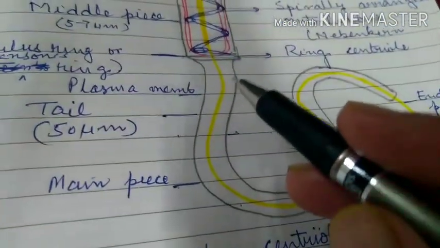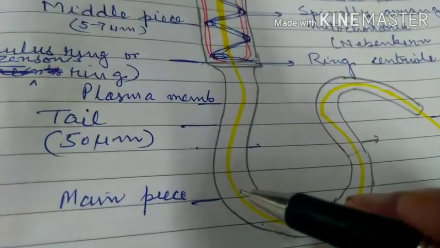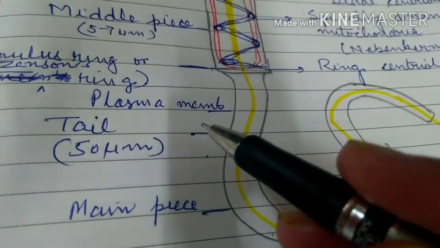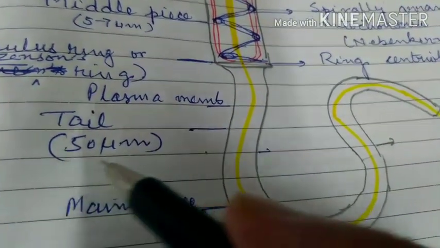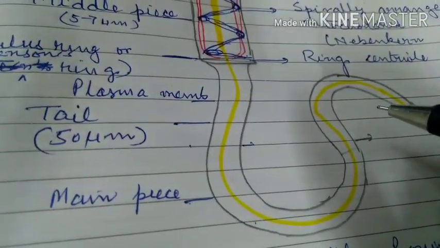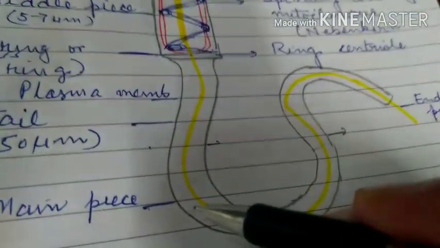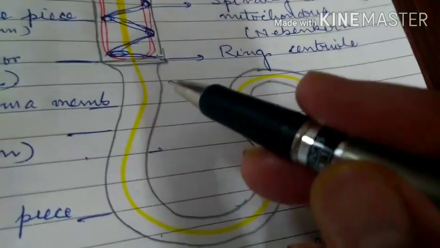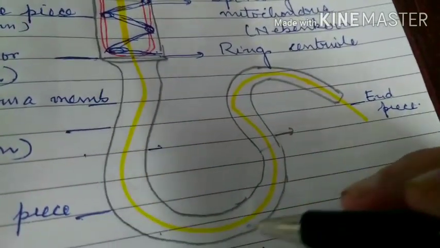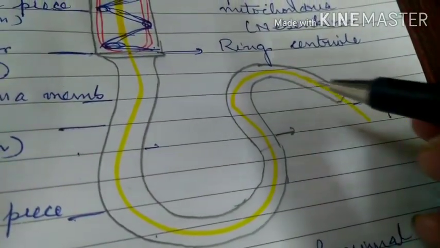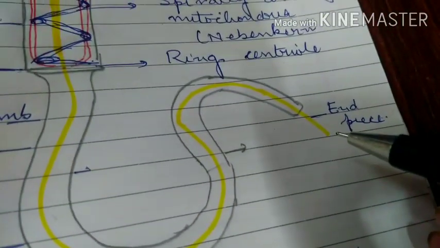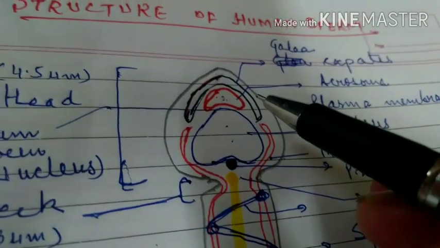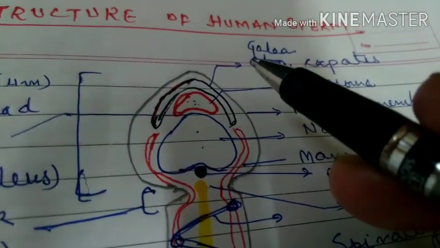Then comes the tail, which is the longest part of the sperm. As I've told you, the sperm length is around 60 μm. Out of 60 μm, 50 μm is the tail. It has two parts, called the main piece and the end piece. The main piece is covered by the plasma membrane and cytoplasm. The end piece does not have any plasma membrane. There is another covering, called the galea